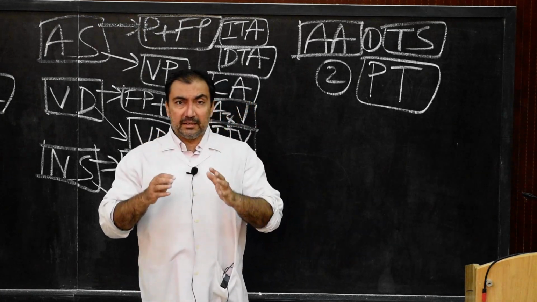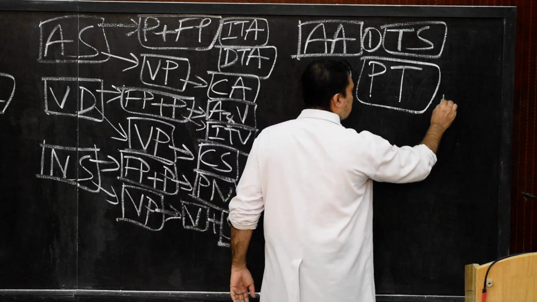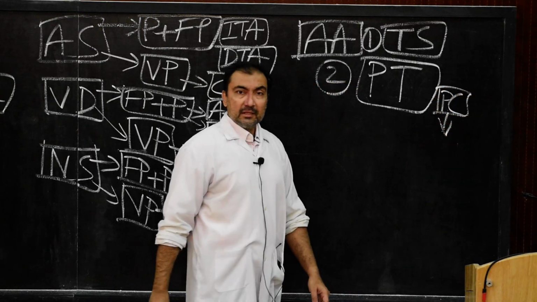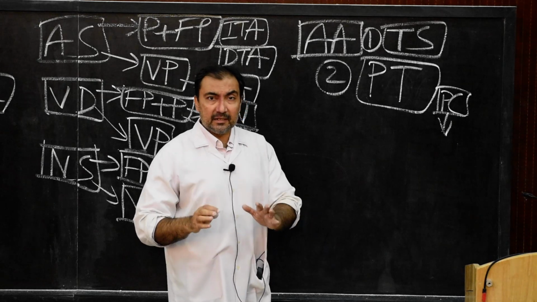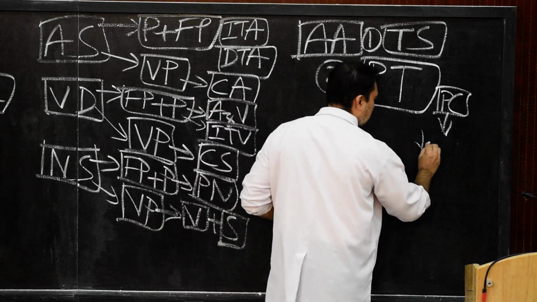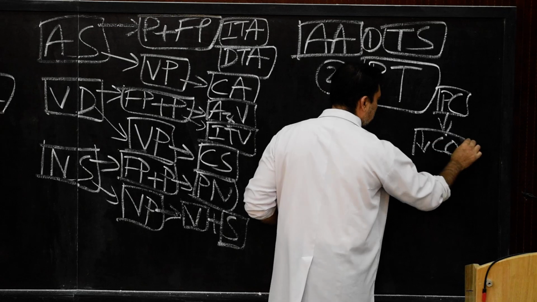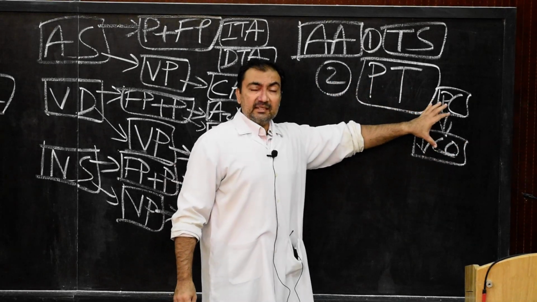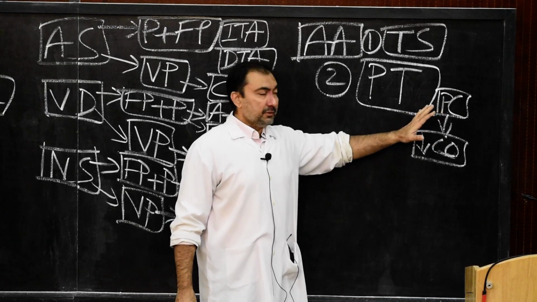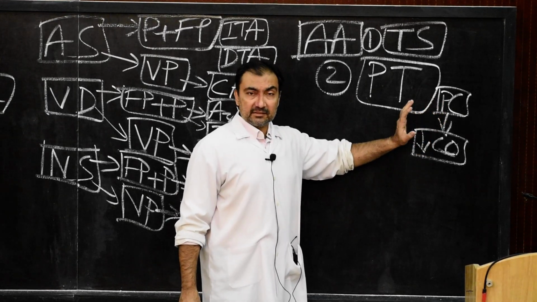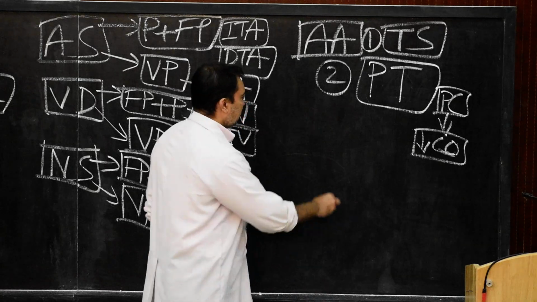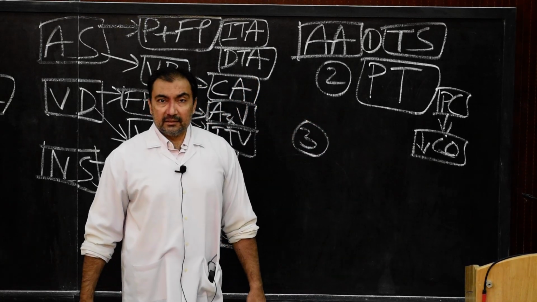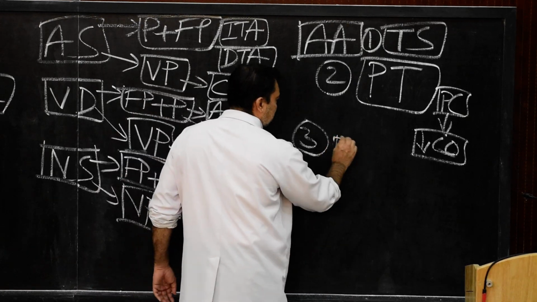So accumulation of blood and serous fluid in the pericardial cavity, what will it lead to? It will lead to diminished cardiac output. So the cardiac output will be diminished as a result of the excess collection of blood and serous fluid in the pericardial cavity. This is called pericardial tamponade. Then we come down to the third important point, which is called paracentesis.